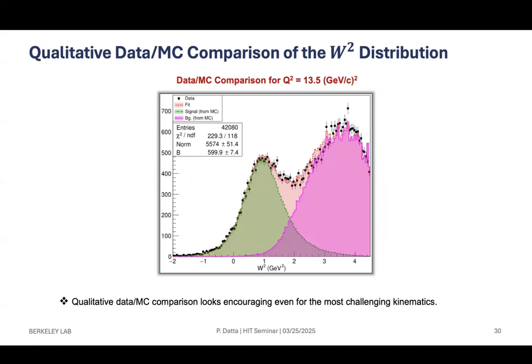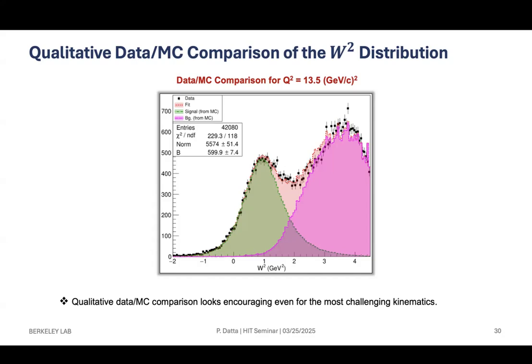So here black is data, and green is the pure quasi-elastic signal from simulation. And this magenta is the inelastic background, again from simulation. And this red is the overall fit that we obtained by combining these two. There are only two fit parameters, just individual normalizations for the signal and background. And you can see, in the entire region, the agreement of the fit looks really good. And this kind of plot gives us enough confidence in our simulation machinery, and with that we can move on